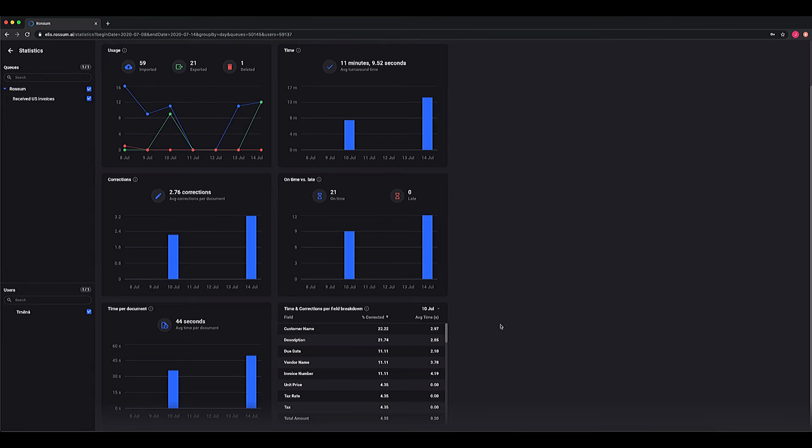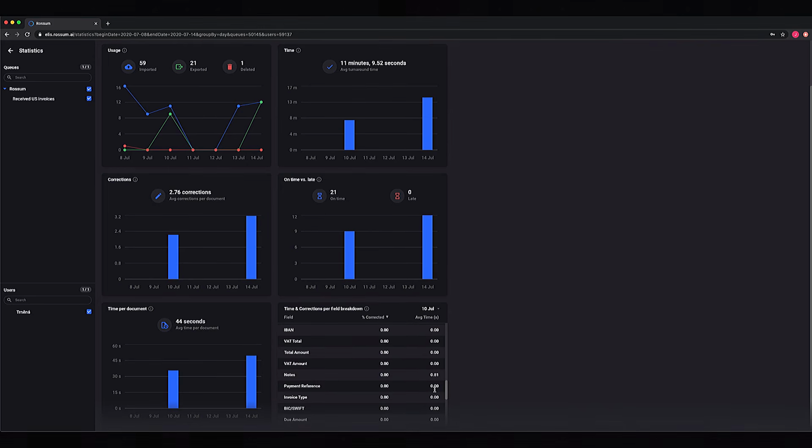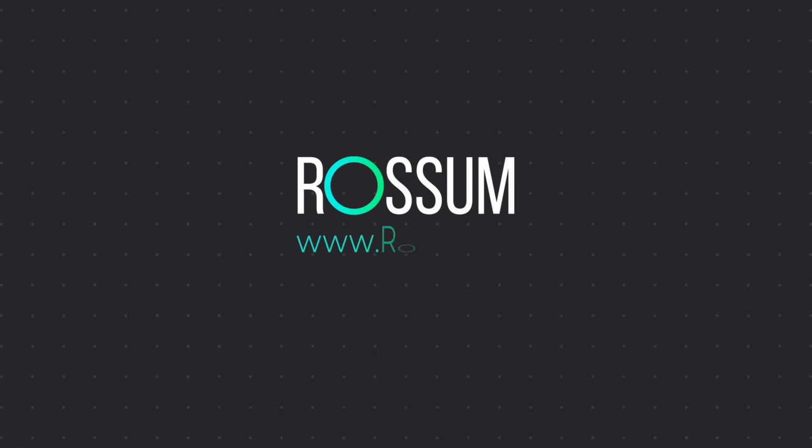Fifth, the time per document graph enables managers to foresee how long it will take to extract documents in the future, measure which employees are faster than others, and utilize time with higher efficiency overall. Lastly, you can see a breakdown of time and corrections per every field to help you assess and optimize your data extraction workflow. It is crucial to be able to report and analyze your processes, especially during this time of